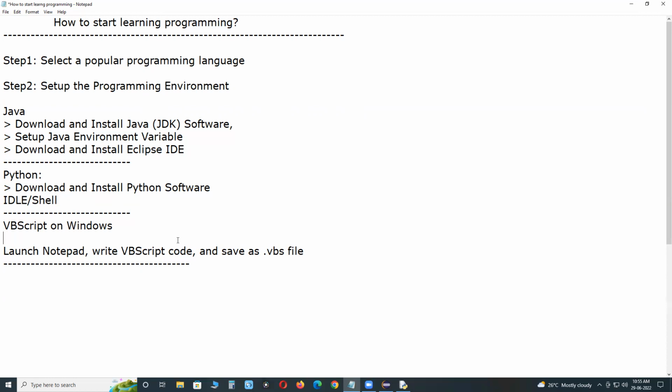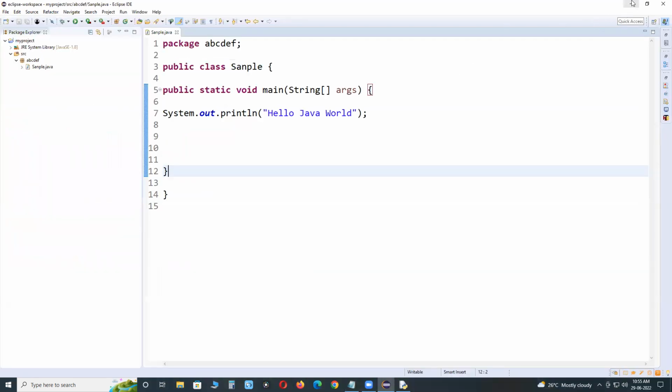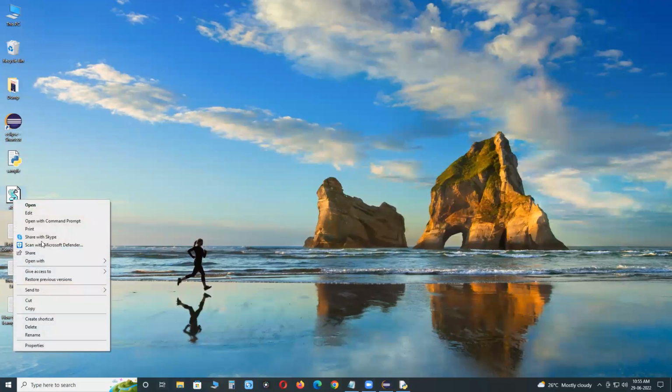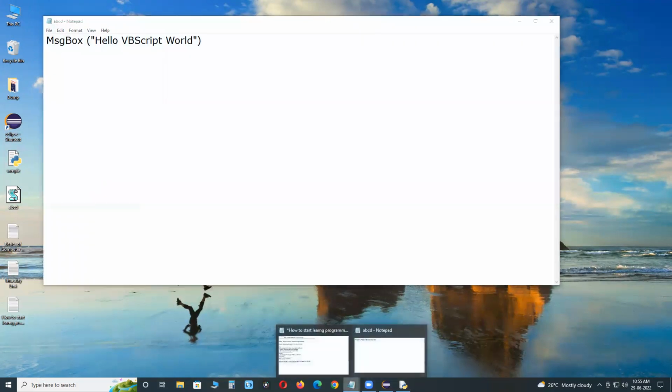Next, VBScript on Windows. You need not install any software. You just launch Notepad, write VBScript code, save as a VBS file and execute.